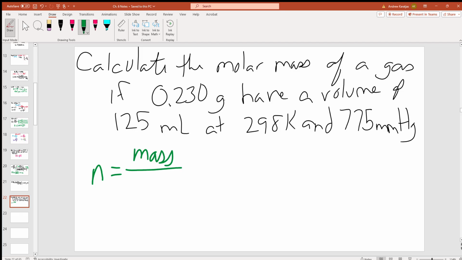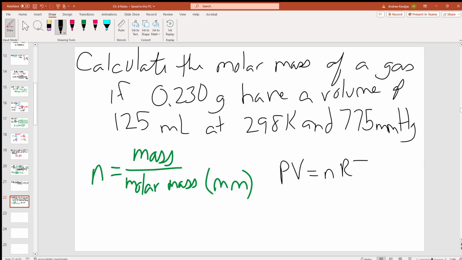We know that the number of moles is just the mass over the molar mass. And just so we don't have to keep writing this out, I'm going to abbreviate that as MM. So if we have our ideal gas law, PV equals nRT, and we now know that n can be mass over molar mass, we can rearrange this as PV is equal to mass over molar mass times RT,